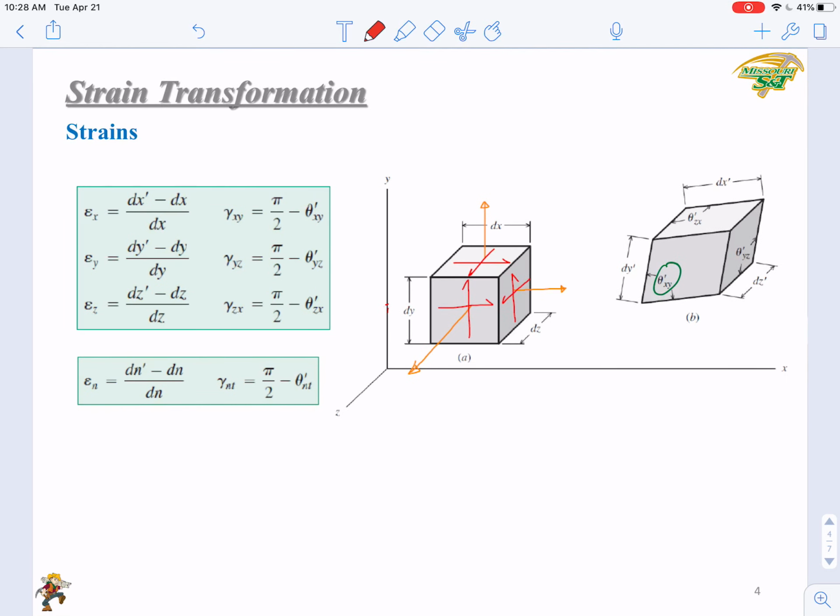Okay, before everything, let's review the concepts of strains. What is shown here is a 3-dimensional element where you can see 6 faces, on which you can find different stress values. Then in this coordinate system, you have sigma x, sigma y, sigma z, and you can also have the tau xy here,